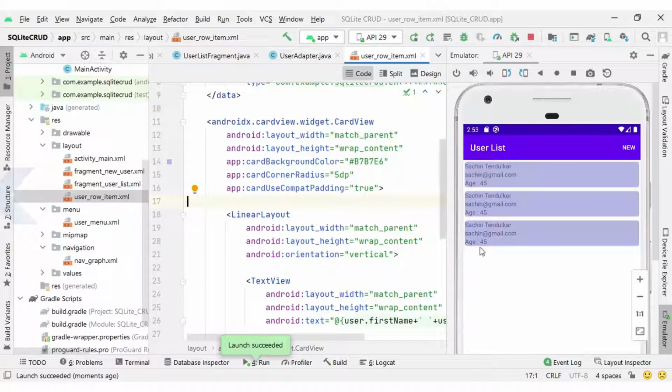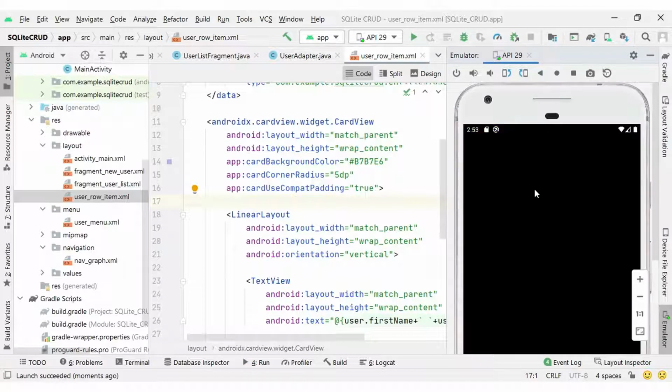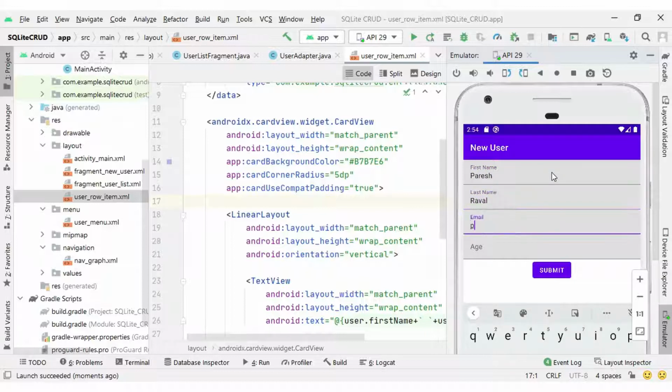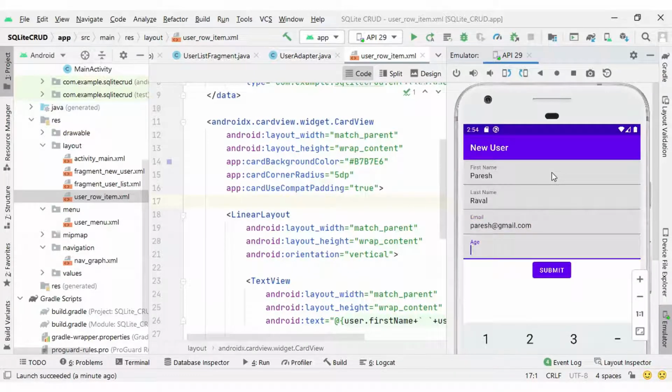so guys, output is ready. You can see the 3 users we inserted are displaying. Now if you insert any new user, like if I click on the new button and try to insert one more record, Paresh Rawal, paresh@gmail.com, and 40, and submit it.